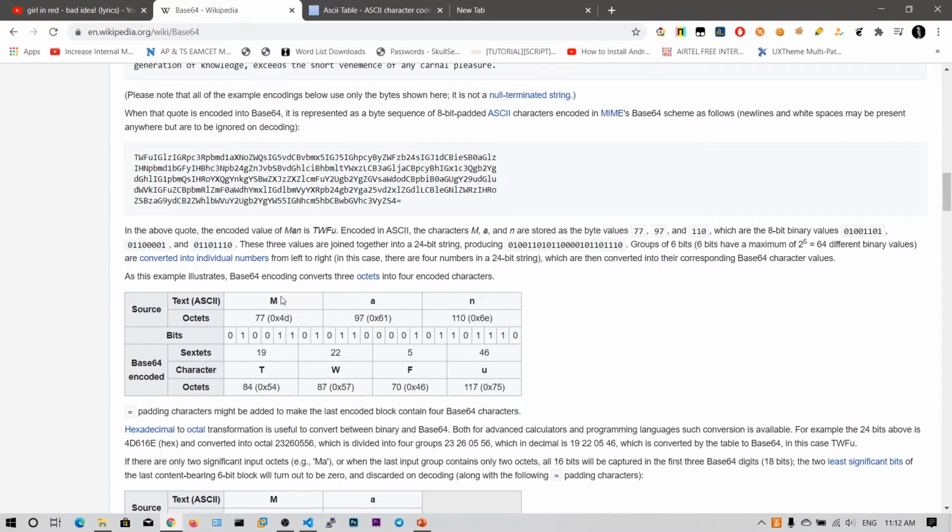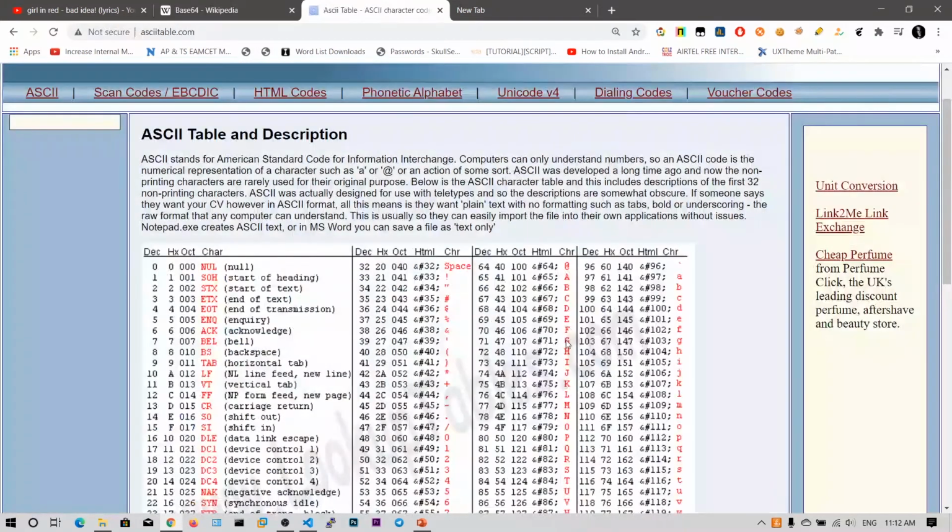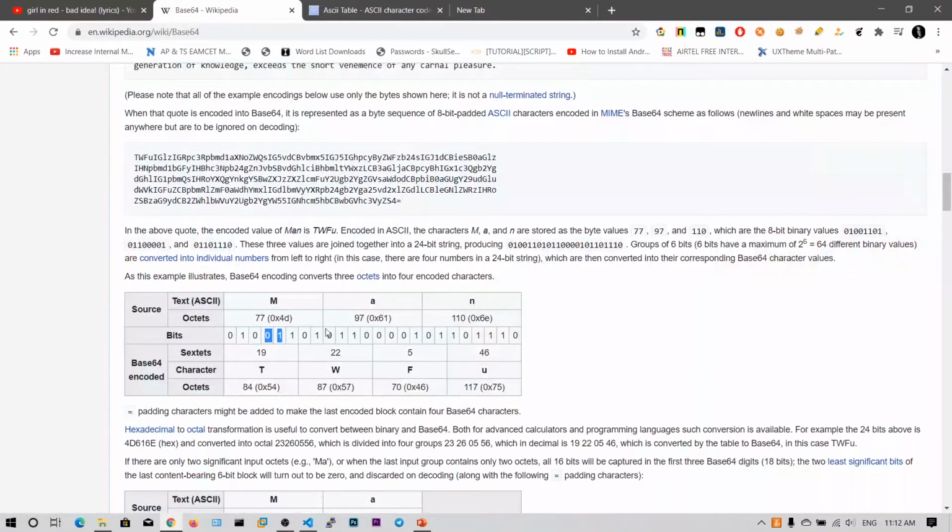If we convert that M into 8 bits, you get this one. These are the 8 bits of M, these are the 8 bits of A, and these are the 8 bits of N. How did we get these 8 bits? You can look at the decimal and convert it into binary.